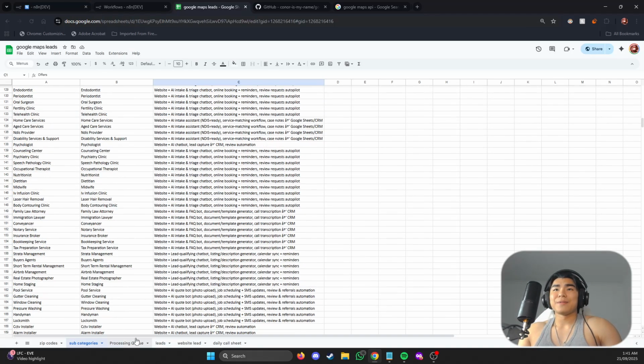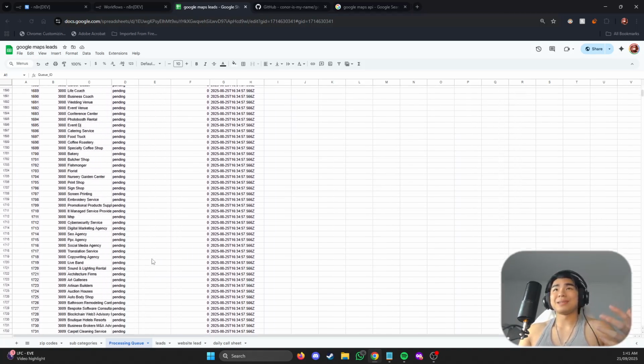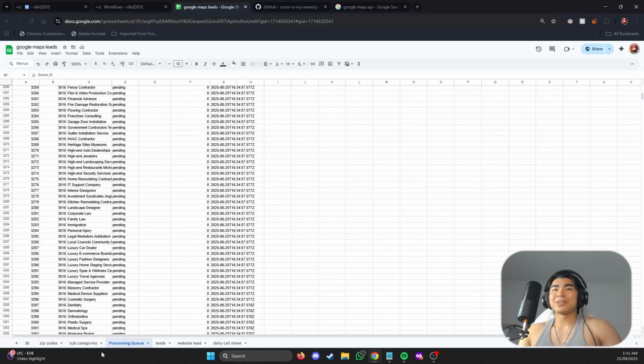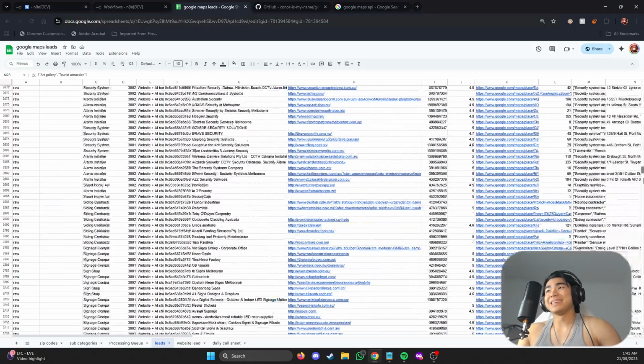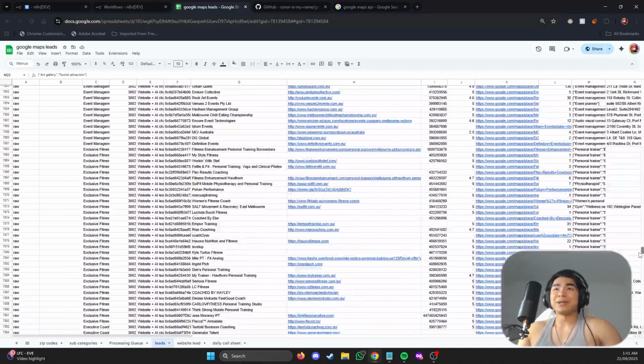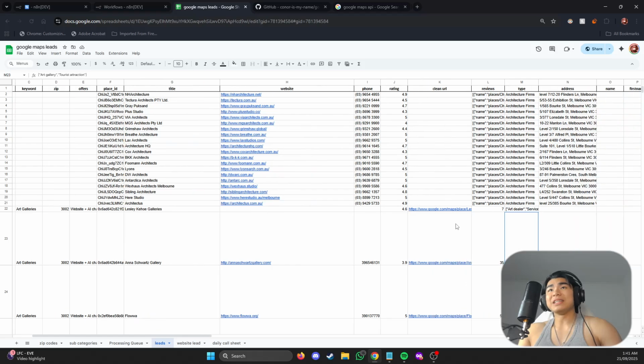And with this, you can get any business in any country and just keep scraping leads to infinity. If I put the zip codes for every single country in the world, I think I would have like a billion leads, and that would be kind of insane. But this is perfect if all you need is just a phone number. If you need the email or maybe the owner's name,